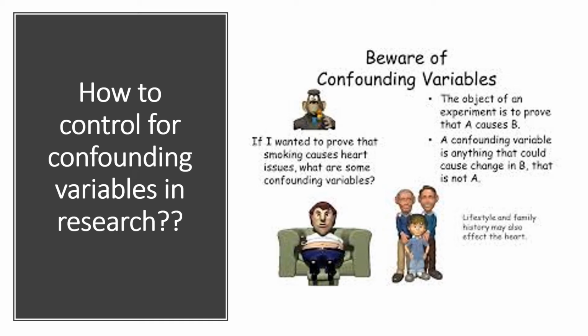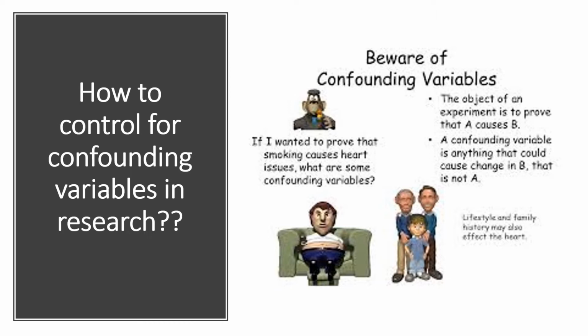Hi everyone. Whenever you compare two or more groups in your research studies, there might be something called confounding variables in your research. The confounding variables make it very difficult to draw conclusions about the cause and effect relationship because we can't pin down exactly what is the cause of any pattern in the data observed after the intervention.